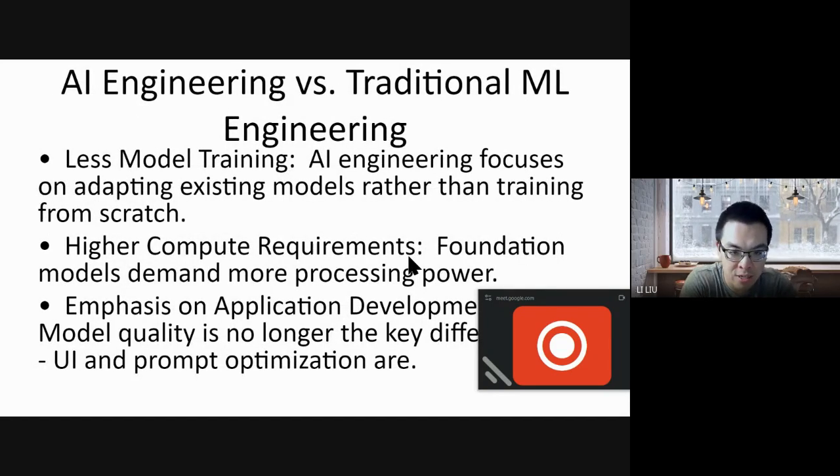Yeah, and this is just a recap on the differences between AI engineering and traditional ML engineering. So in AI engineering, we do not necessarily need to do a lot of the model training from scratch, but definitely the focus will be more on doing things like prompt engineering and maybe a RAG, and also emphasize on application development, because